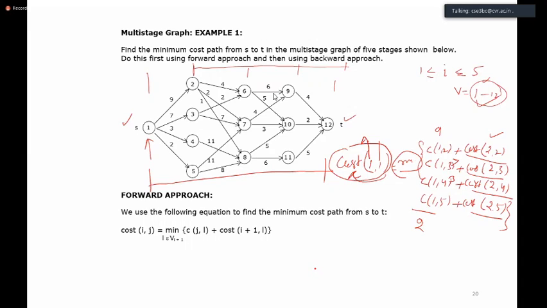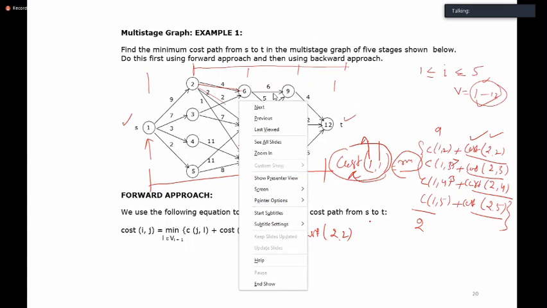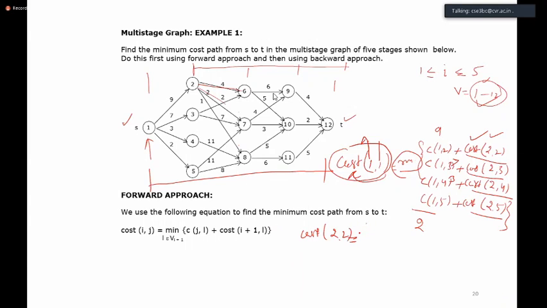Now what you are doing here? Again, you have to calculate the same. Let us say cost of 2 comma 2. What are the options you have? There are 3 ways. Cost of 2 comma 2 is again calculated with this formula: minimum of